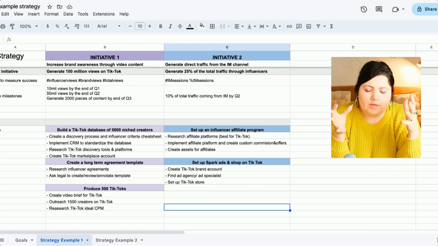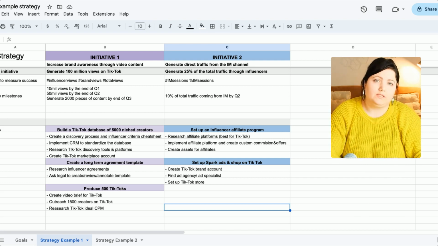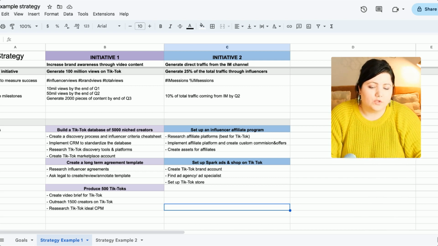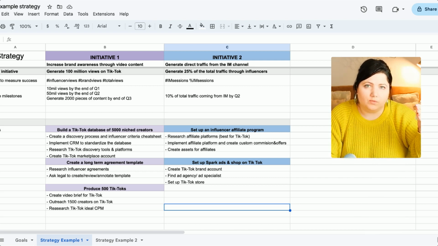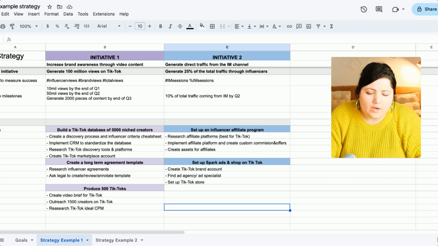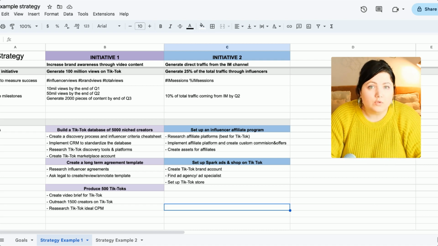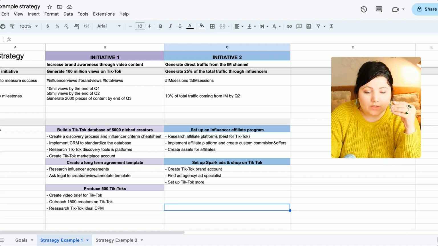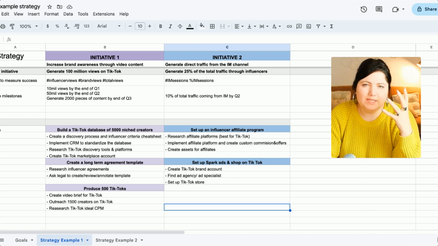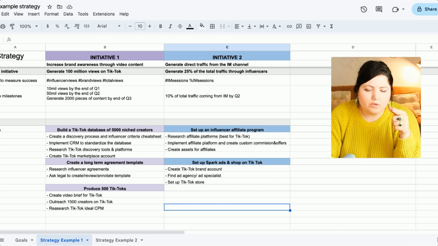So for example, if one of my business goals would have been to very aggressively scale and sell units, then maybe both of the initiatives would have been conversion, sales, right? But right now I'm thinking from the perspective of maybe a newer brand that is trying to also increase awareness of their products and services. So not a lot of people know them. They're small, they're just starting out, but they want to really scale aggressively through video content and